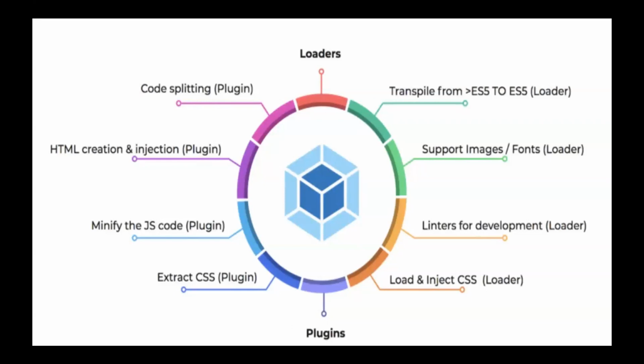to transpile ES6 to ES5 or ES7 to ES5, and you have image loaders, URL loaders, file loaders, and a lot, right? You have style loaders, CSS loaders, you have loaders for everything. So what in general these loaders do is they take these set of files, you usually write a test, like take this specific file with this specific extension, and load it in the form of a JS module. Because what Webpack understands at the end of the day is a set of JS modules, right? So that's the reason you load other format files with a loader, and the loaders' work is to create JS modules.